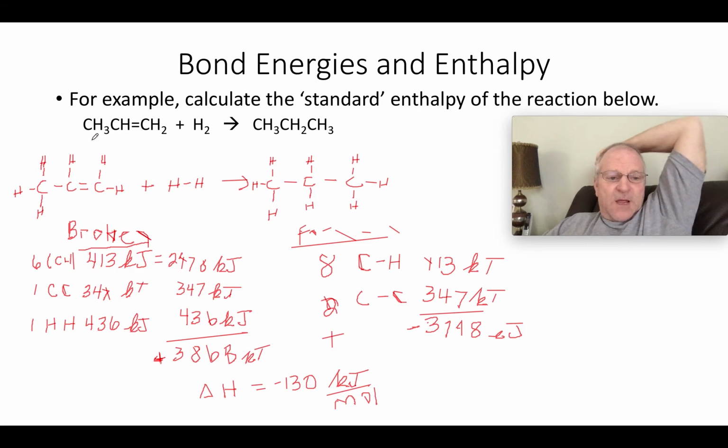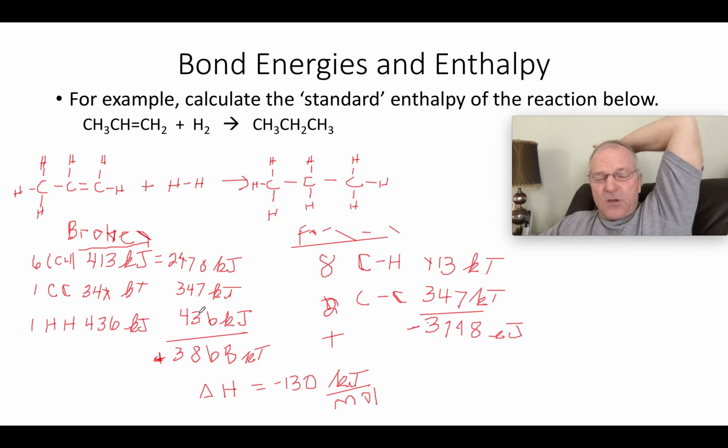And so taking the whole thing apart on the reactants and putting the whole thing back together as the products is the most commonly used method I see. It also works to just evaluate it on a case-by-case, bond-by-bond basis, in which case there is one carbon-carbon double bond broken and one hydrogen-hydrogen single bond broken. And